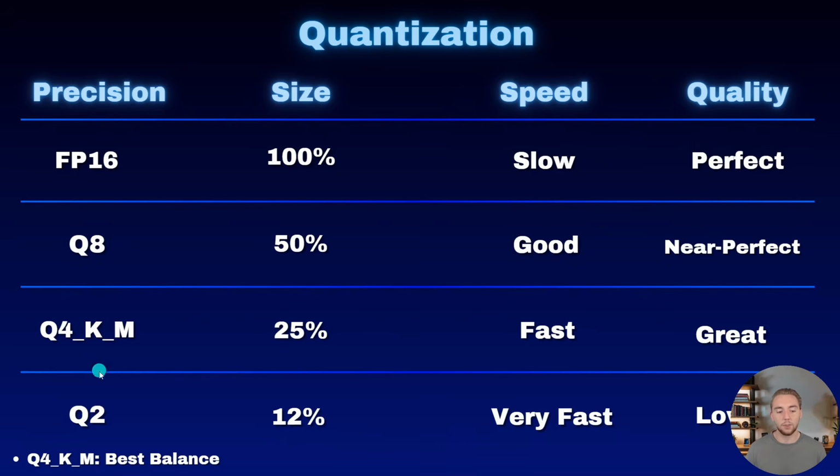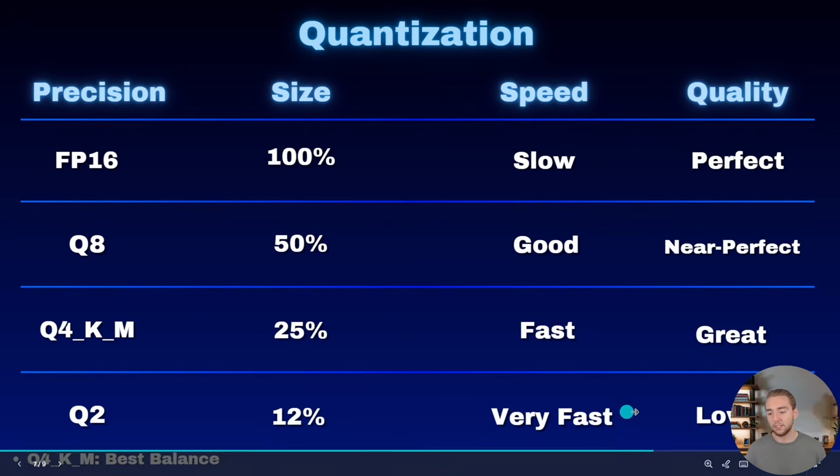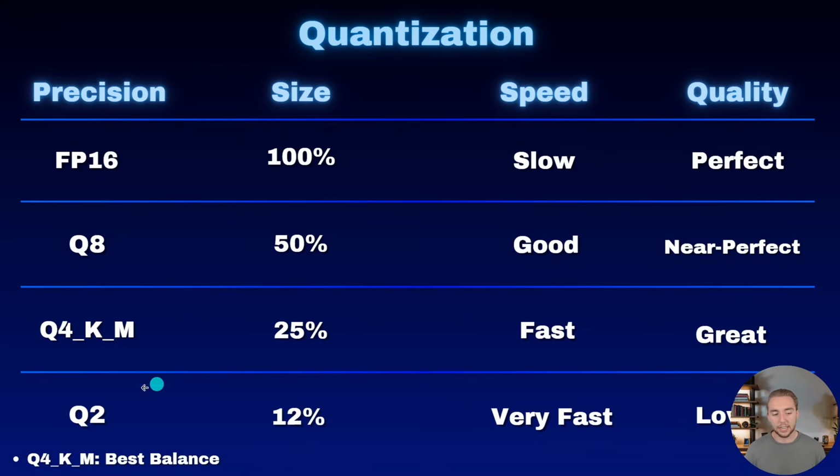So I'm just being very general here. And then once you get to Q2, the size goes down a lot. It's going to be very, very fast, but usually your performance starts to go down quite a bit once you go down to a Q2. And then the note that I have in the bottom left here, a Q4 quantization is generally the best